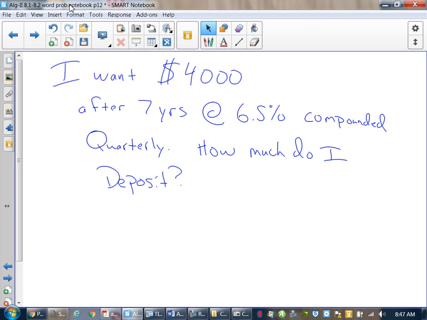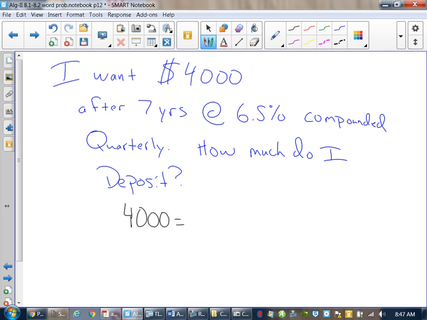Quarterly. How much should my initial deposit be? I want to work backwards. In this case, I'm going to solve for my initial amount, my principal. If I wanted to end at $4,000, that's going to be how much is left over in the account after that amount of time. This is working backwards. So I want $4,000 at the end